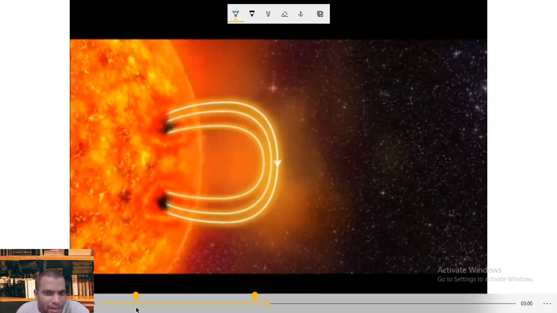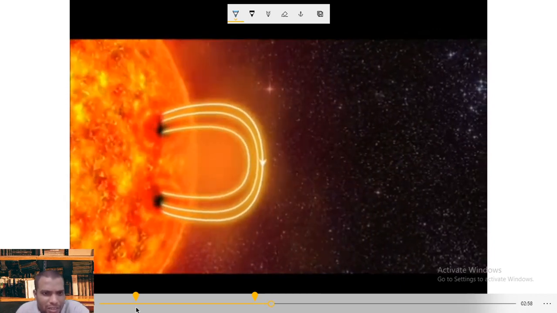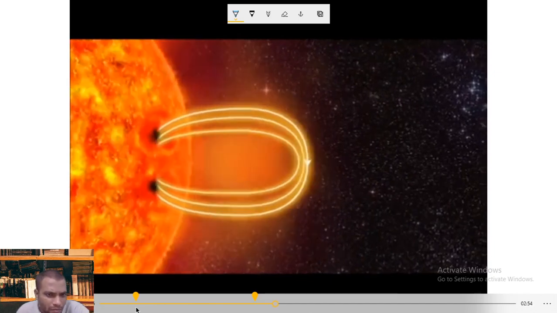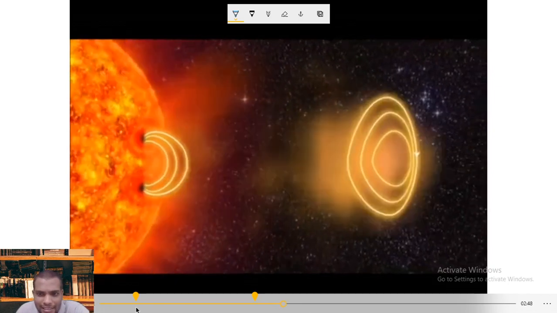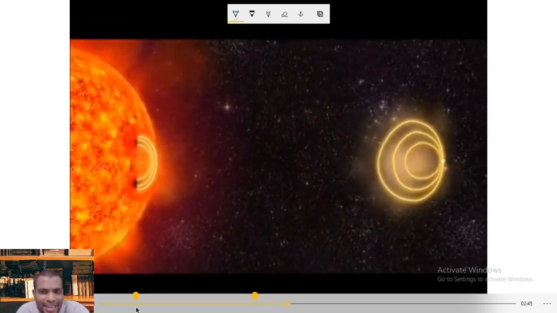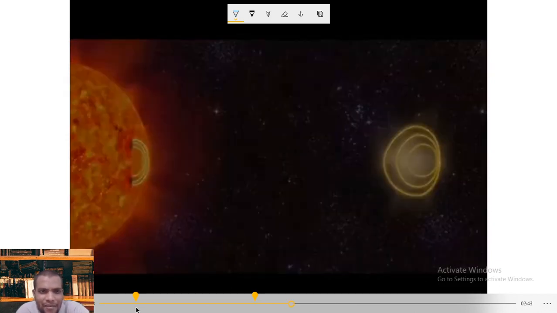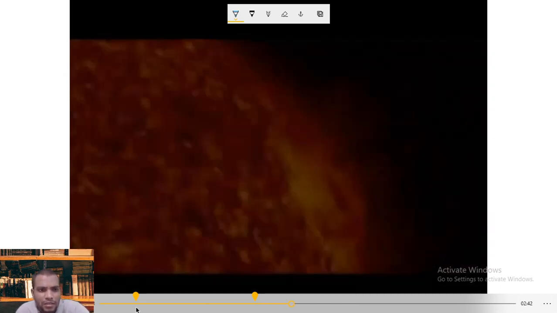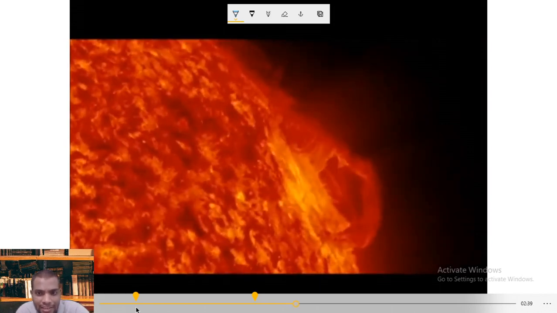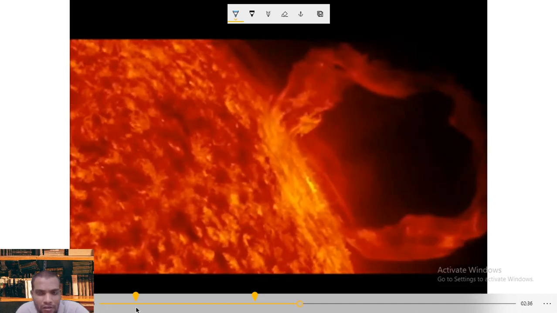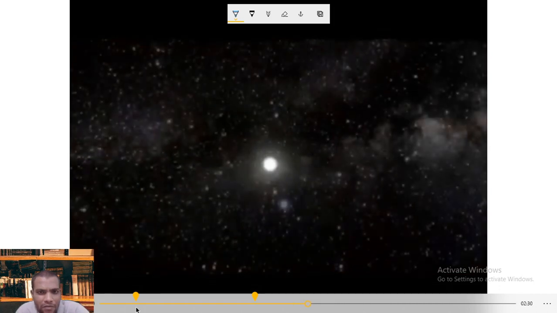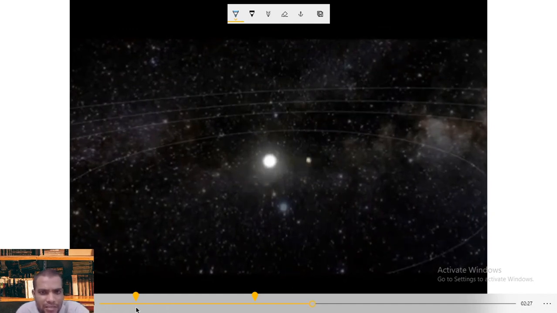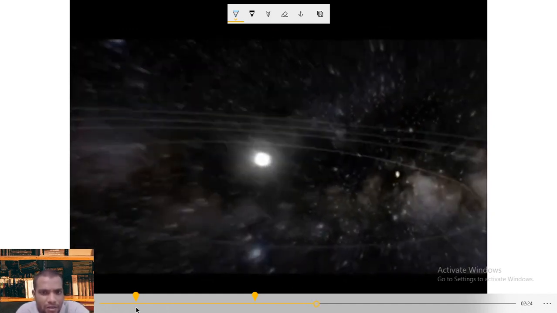When it gets separated from the sun, it travels across space. Here it detaches, like the rubber band stretching and then detaching. Now the huge mass is carried and travels all the way from the sun to the earth's atmosphere. Yes, this is a very close picture of the solar storms. Those are very powerful. So when they travel all the way from the sun,